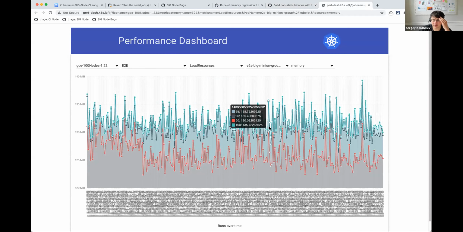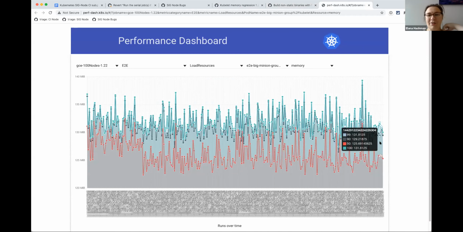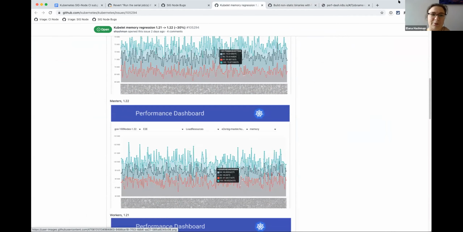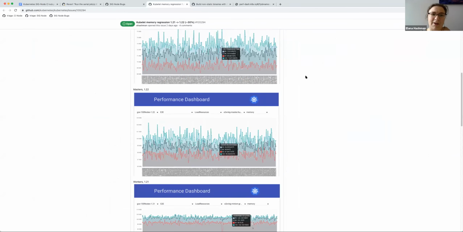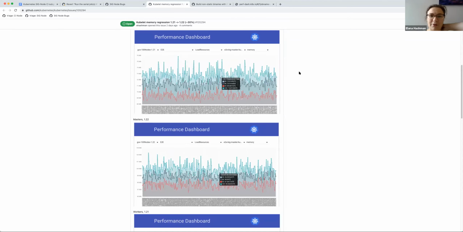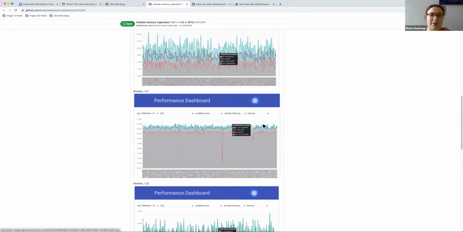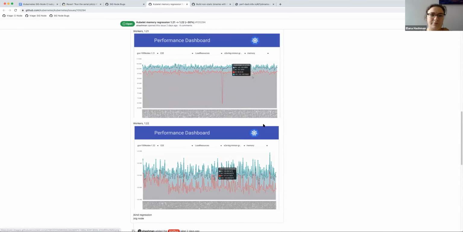So 1.22 will have a regression? Yes. You can look at the screenshots that I posted too. In 1.21, the masters were hovering around 70-ish, and then they jumped to closer to 100. And the workers were already at 100, and they jumped to like 130-ish.